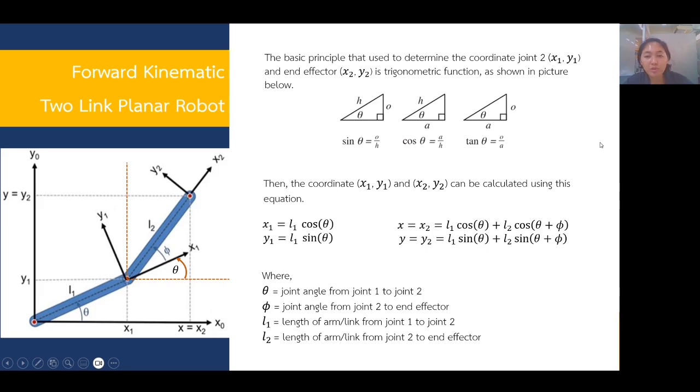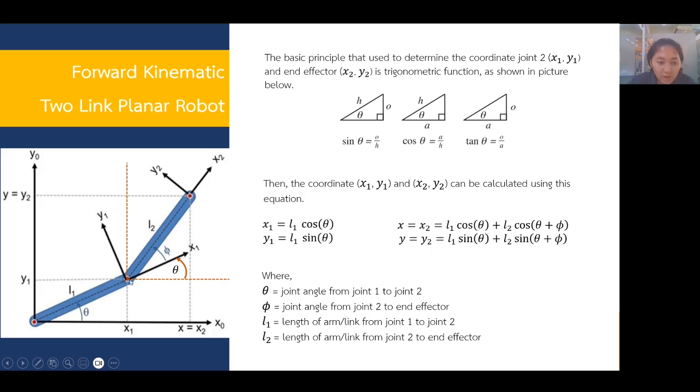From the basic principle used to determine the coordinate of joint 2, x1, y1, and end effector x2, y2 with the trigonometric function shown in this picture, like the previous slide, the coordinates x1, y1 and x2, y2 can be calculated using this equation. This is like the previous slide for determining the coordinate of joint 2, and then the coordinate of the end effector x, y is equal to x2, y2. We can see in this picture